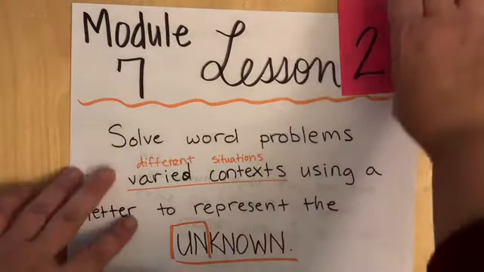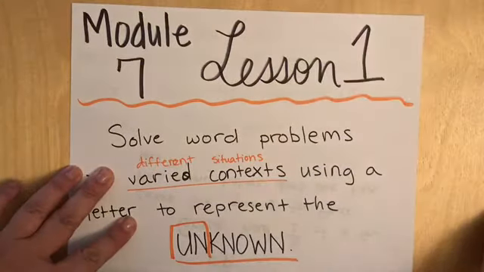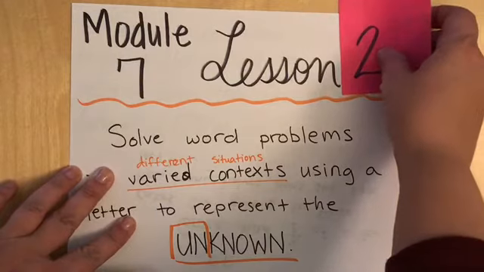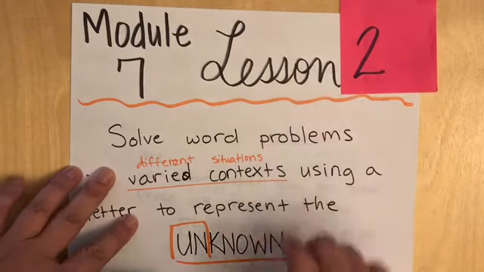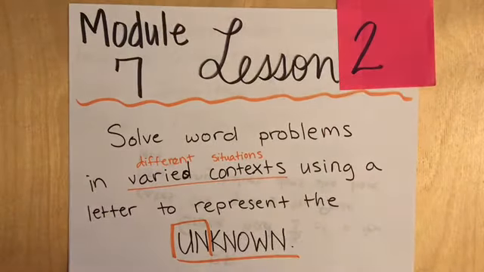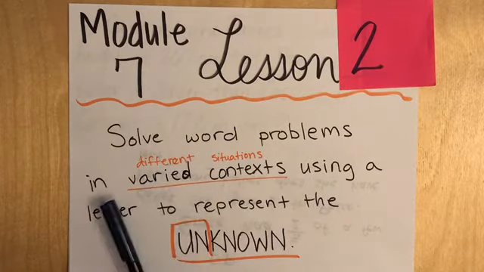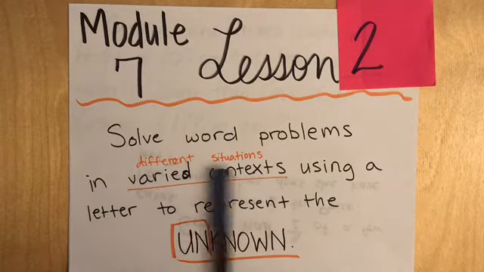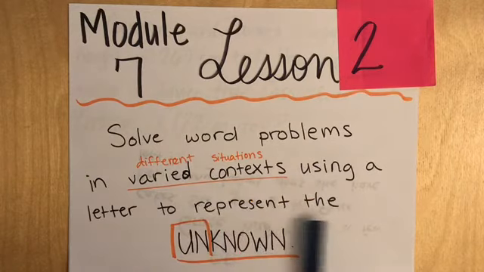Today's lesson is actually the exact same as yesterday's lesson. We're just going to add some more thinking about what we're doing when we solve word problems and maybe add a few more steps to your word problems so that they're a little bit more tricky than yesterday. So today you're still going to solve word problems in varied contexts or different situations using a letter to represent